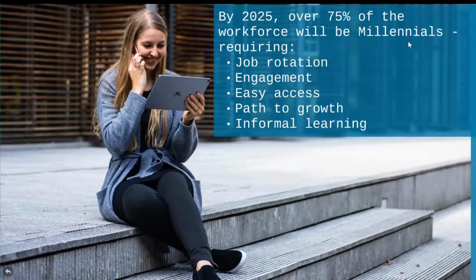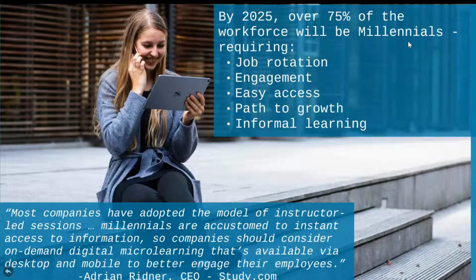They need job rotation. They also want to be engaged in their job. They want to have ownership. They want to believe that they know all that there is to know about their job, and that they have the ability to have access to something that proves and tells them that they're doing it the right way. They want a clear path to growth. Like I said before, they don't want to do the same thing for very long, and they also want to be able to see far into the future on how they're going to get to where they eventually might want to get. And they really don't want to learn all these things in a formal classroom educational setting. They prefer to be taught informally.